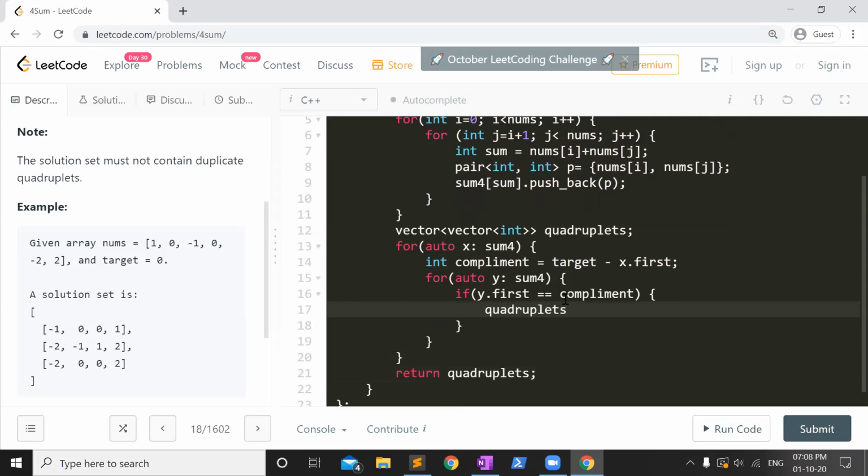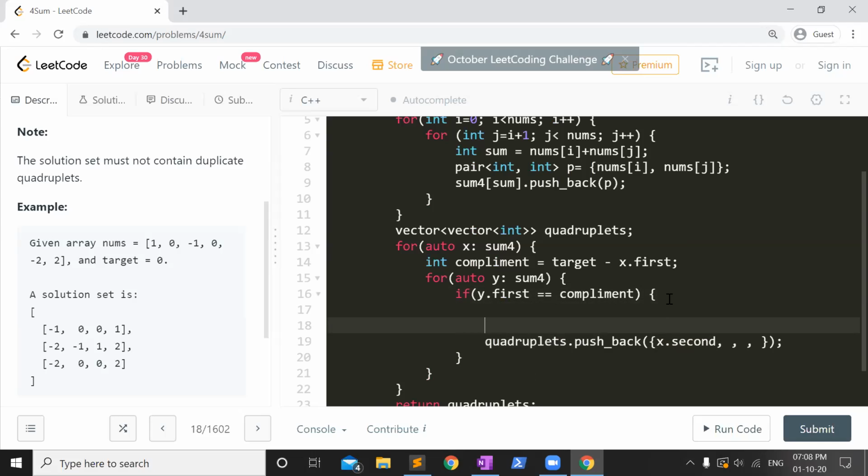So in this case, quadruplets dot, 3, 4. Four things will add in this quadruplets. First thing will be x dot second. X dot second is a vector. So we'll call these things as